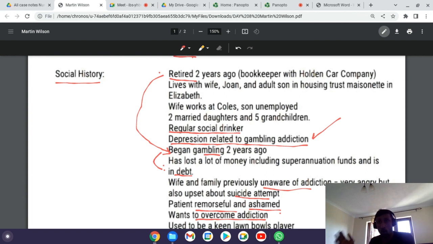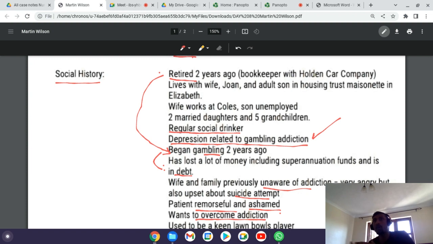Or does he smoke, or does he drink alcohol? That also comes under the social history. Okay, write it as a separate paragraph. Don't club it with the gambling addiction, because that is the main point of your story, that you presented as a well planned one in